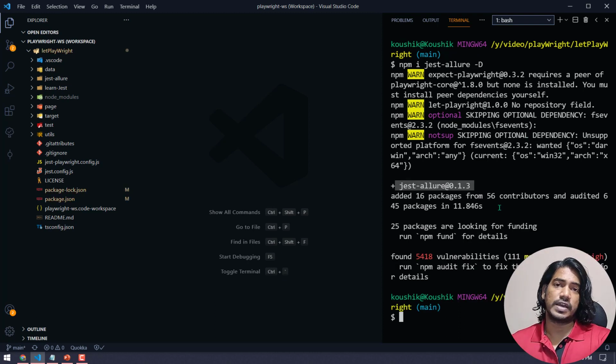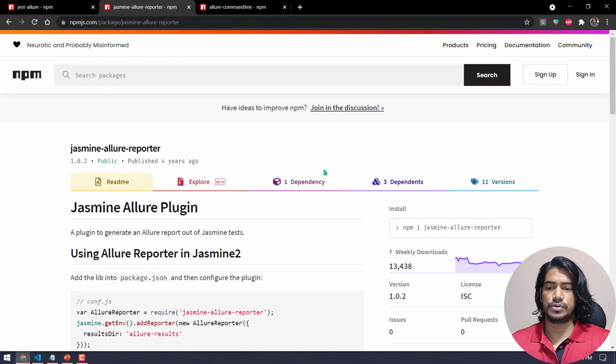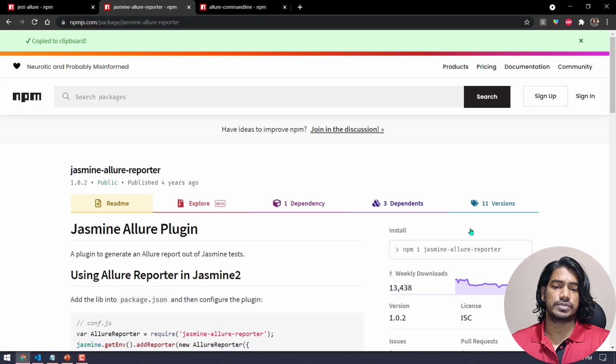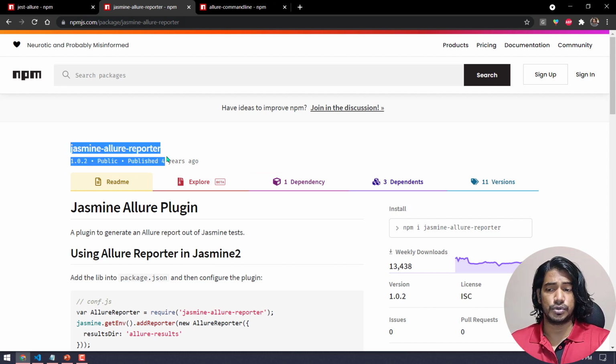That is fine, but we have to understand one thing: Jest Allure internally uses Jasmine Allure by default. Okay, so what we are going to do is we are going to install Jasmine Allure as well. So here, if I go here, you can see that we have this command. We have already discussed this a lot in our Protractor series, but you really don't have to know anything about it. If you know, then perfectly fine, or else just follow the steps.